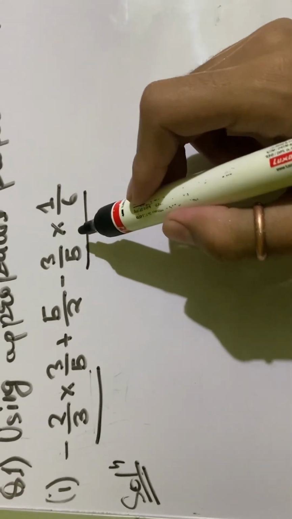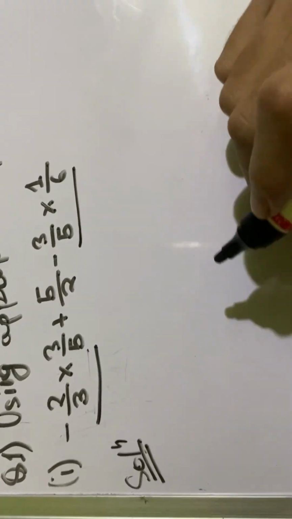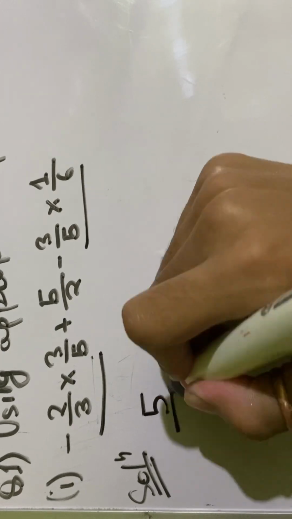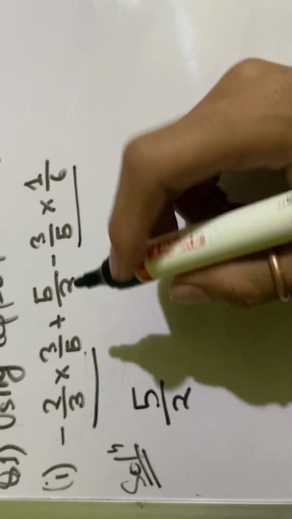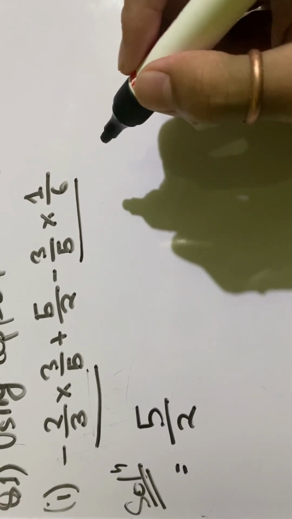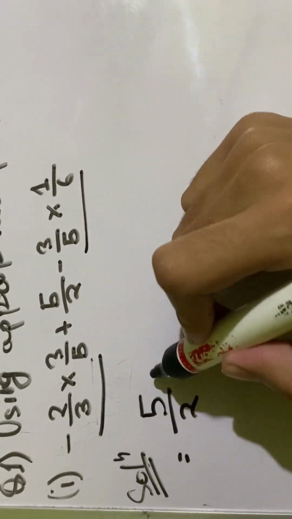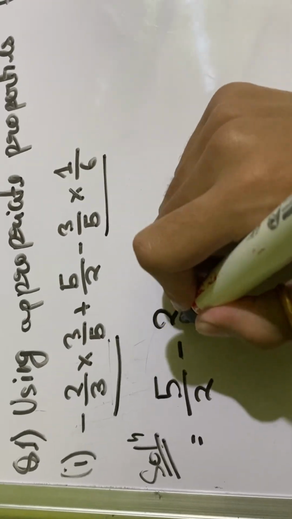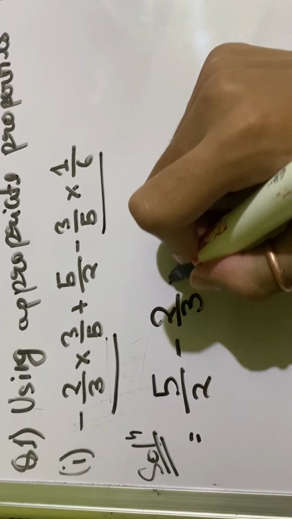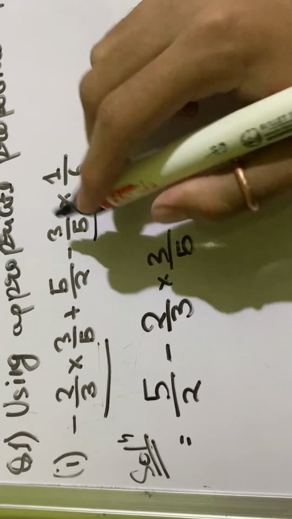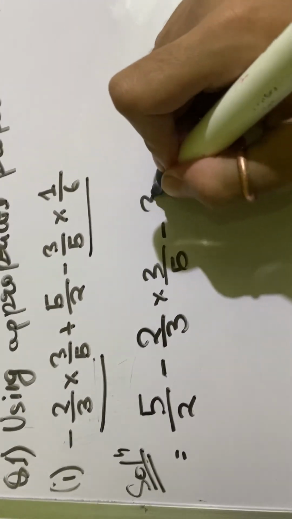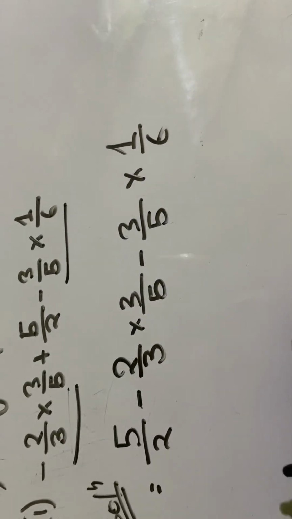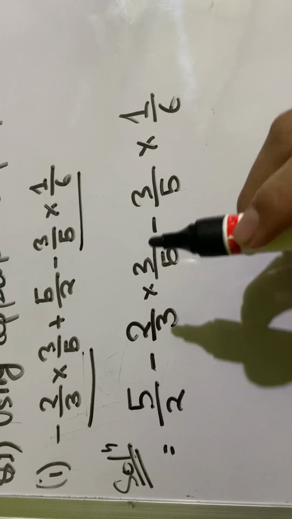So you bring 5 by 2 to the left side. Then you bring this whole term, minus 2 by 3 into 3 by 5, then this term, minus 3 by 5 into 1 by 6. Okay, after bringing these two terms, you can see